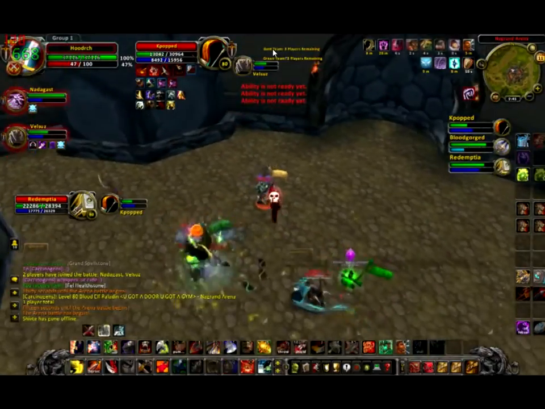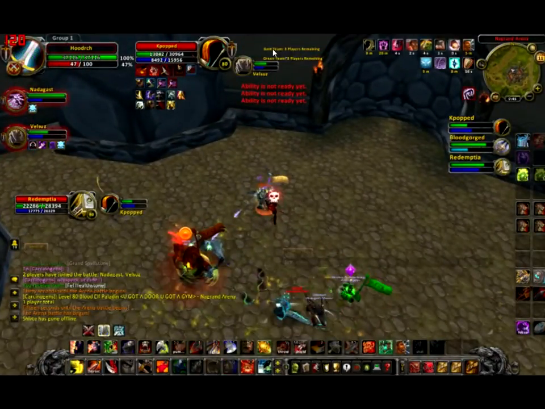Right here I think I try to disarm, but it's not up. I still got a few seconds left on that. I don't have charge or intercept up, as you can see on the right side of my screen above the focus. I just keep those cooldowns there. I don't have fear up. The only thing I have left up is to intervene. So what I do here is I believe I target the ghoul or something and I intervene,